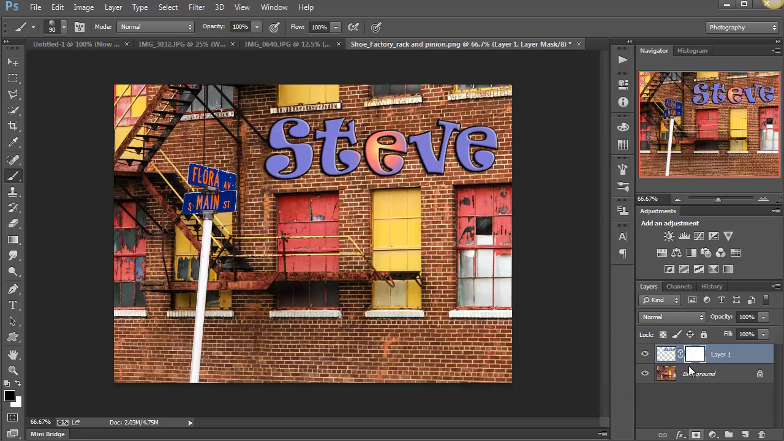Now the square donut. Now we paint with black, and if black and white aren't on top here, just press the letter D to bring up black and white. Make sure that the mask is the thing that the white brackets are around. Make sure black is on top. If it's not, press the letter X. X will toggle white and black. And now we just paint